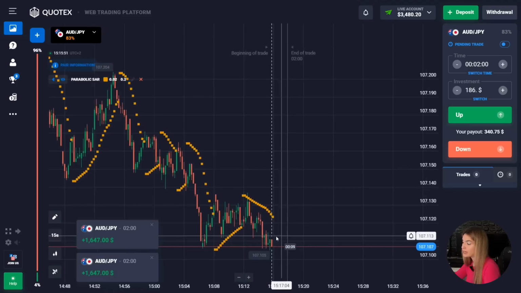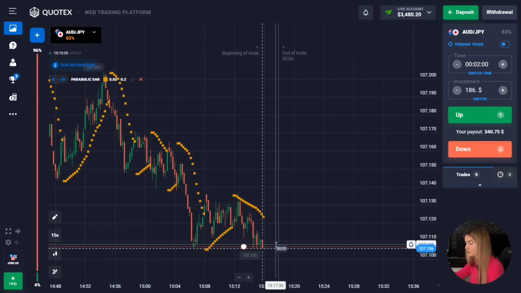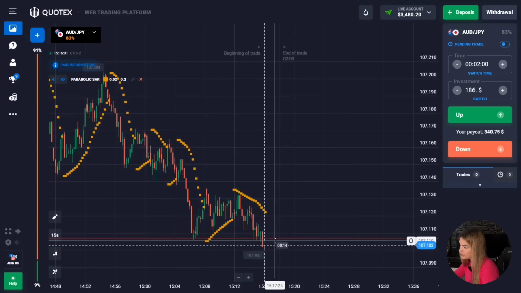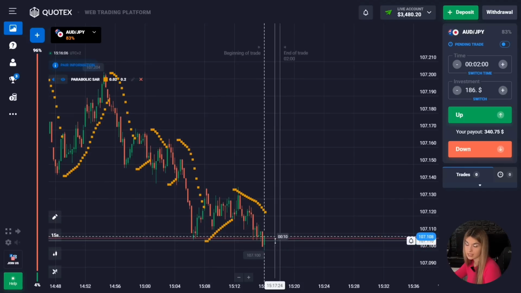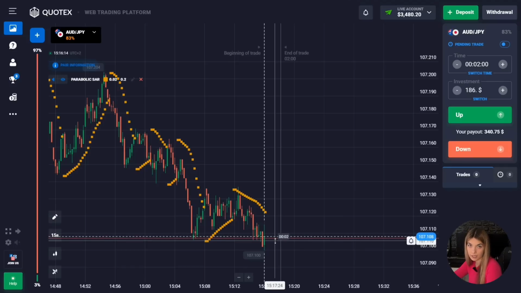Amazing! As you can see, the price has continued to move down and we made a profit again. 2 minutes was perfect for us. Also, the indicator turned out to be right again and suggested us a good entry point. The price really continued to move towards the level. I have managed to earn on this downward movement. Well, in the meantime, I already have $3,500 on my deposit and I suggest, guys, to open another last deal for today. So give me a bit of time and we will continue.